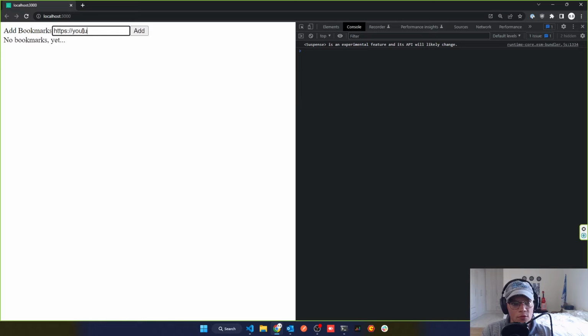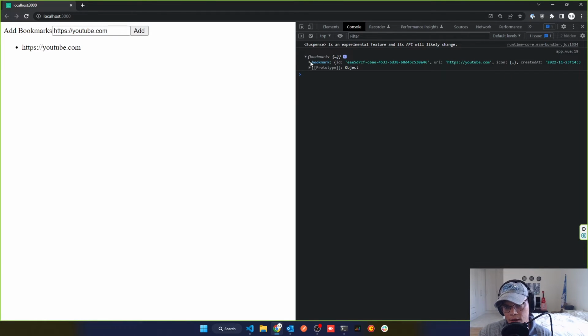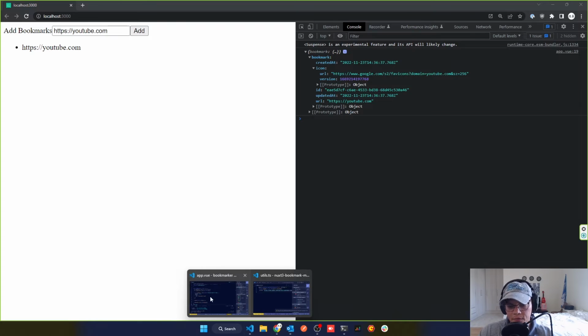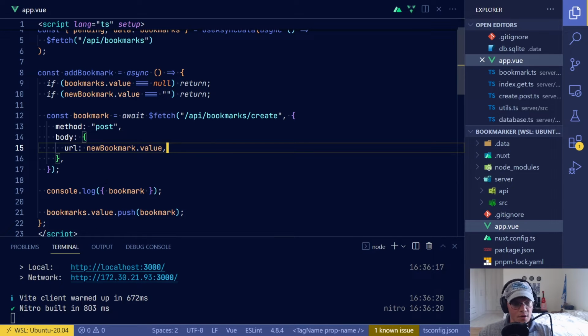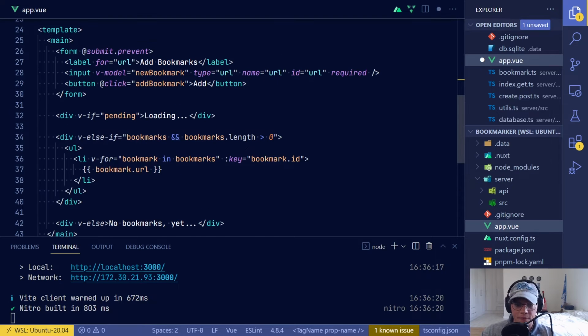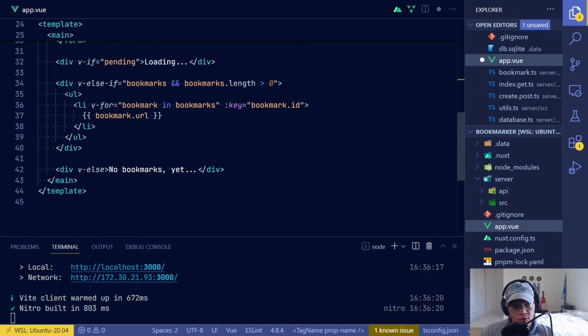Okay, so if we do youtube.com again, we'll see we get a bookmark, and this bookmark has an ID, a random ID that we generated. It has an icon with the URL and a version, and the URL, updated at and created at. Perfect, that's exactly what we wanted. So instead of logging this out, let's display the icon. So first of all, we need to add